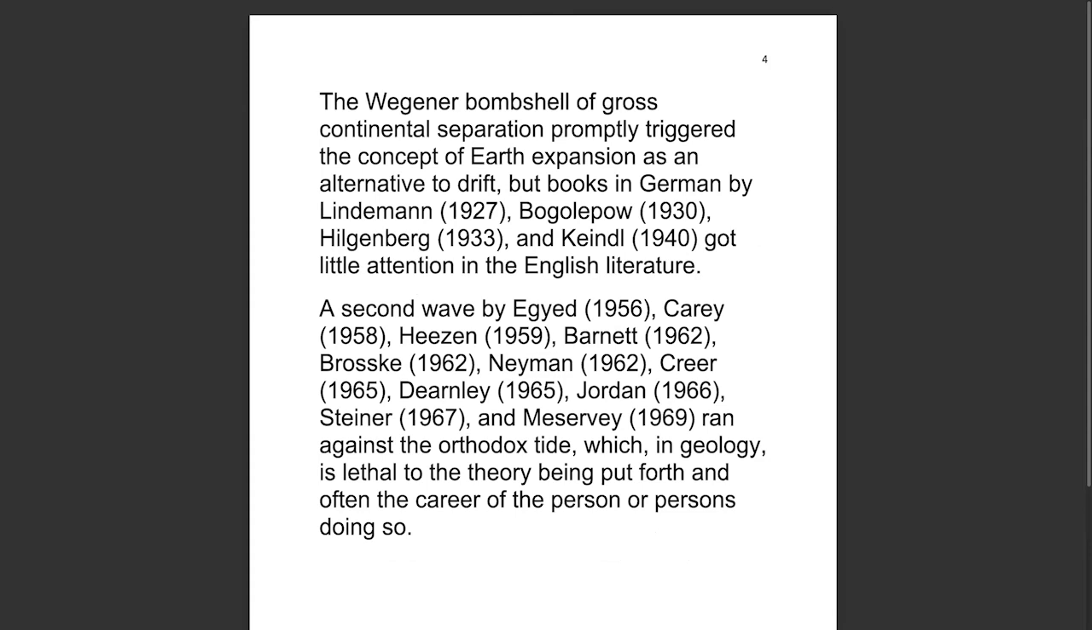The Wegener bombshell of gross continental separation promptly triggered the concept of Earth expansion as an alternative to drift. But books in German by Lindemann in 1927, Vogel in 1930, Hilgenberg in 1933, and Kindle in 1940 got little attention in the English literature. A second wave by Egyed in 1956 and Carey, like I mentioned previously, primary to this decode,